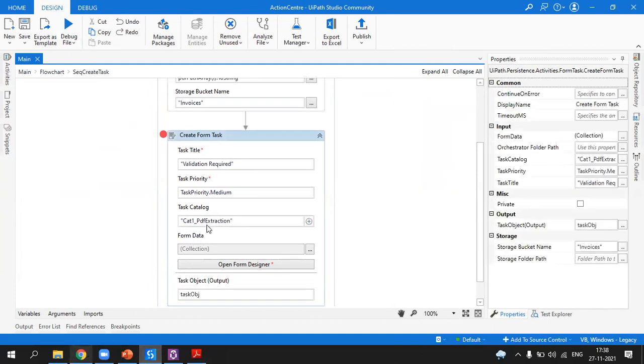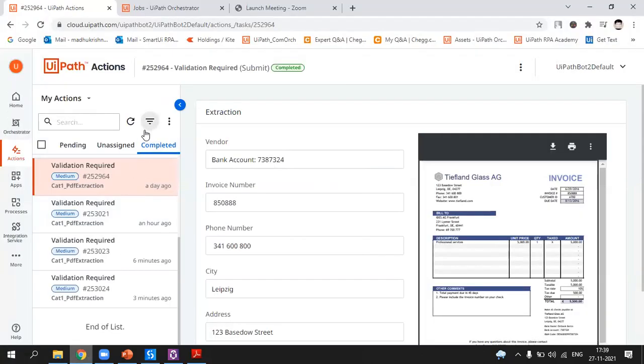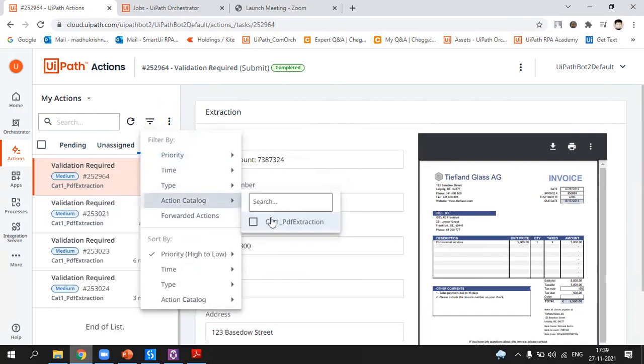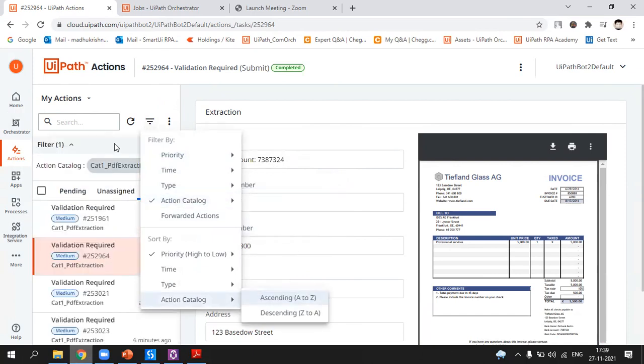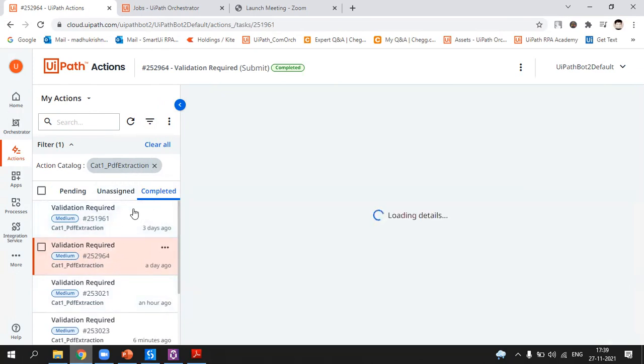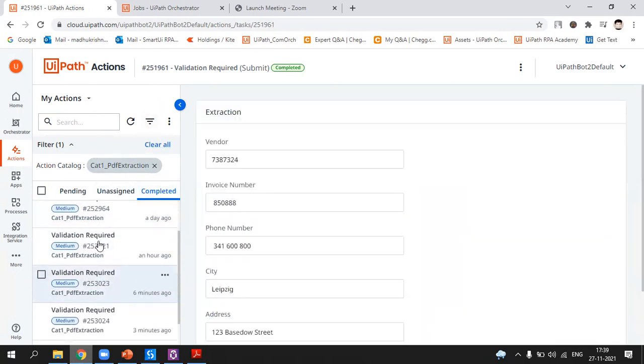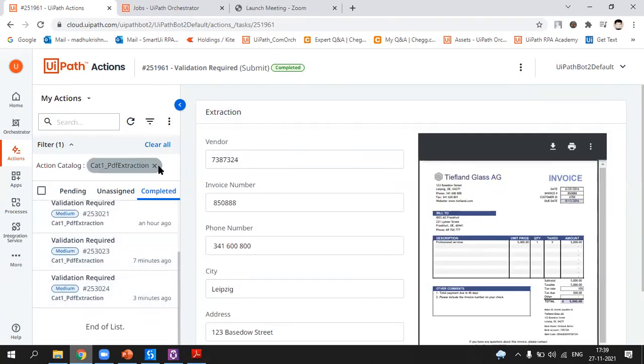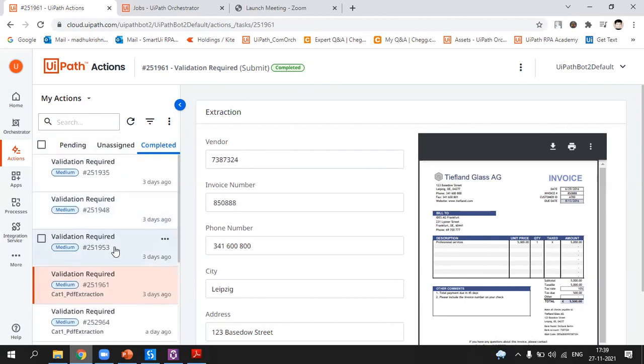So like that, if you have different processes, you mention those names in the catalog while creating the task, and then that will go to that particular catalog. And once you have to filter only a single type, then you go to filter and then catalog. That's all. So assume these are folders that actions will be created in and moved to. Once you give the folder name, only those process-related action items will be displayed. That's the use of action catalog. And then the task will be the action which is being created by the robot. Did I answer the question? Yes, thanks.